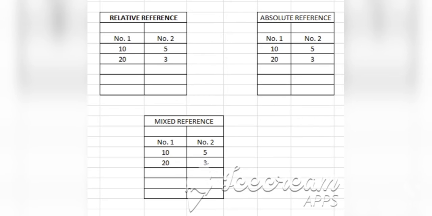I provided the definition for relative, absolute and mixed reference. Now I will provide the calculation for relative, absolute and mixed reference. We will start with the relative reference. The rows and columns can change, both can change over here. So we will apply the formula, C8 plus C9, and it's 30. Row and column both can change over here. No dollar sign is used. Same way we will use it over here.